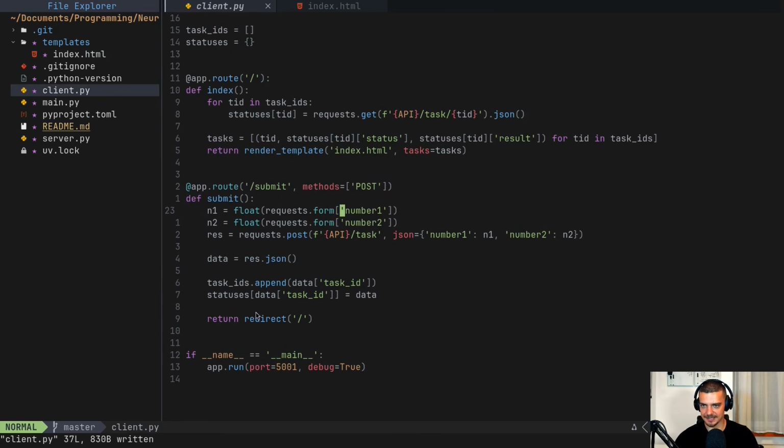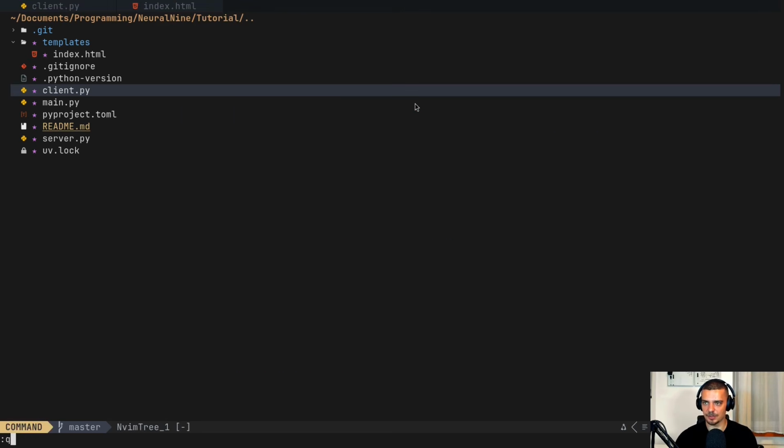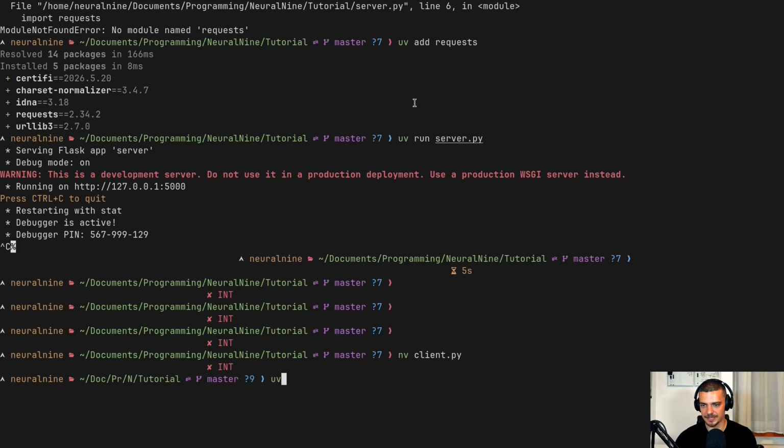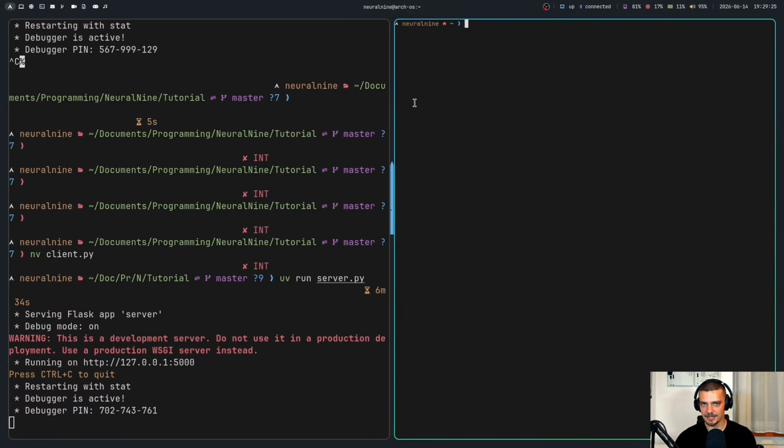This queues the task in our asynchronous system. And every time we load the index page, we're polling the statuses. So you will see what this looks like. I will just go ahead and say uv run server py. I'm going to open up a second terminal, navigate to the tutorial directory and say uv run client py, where